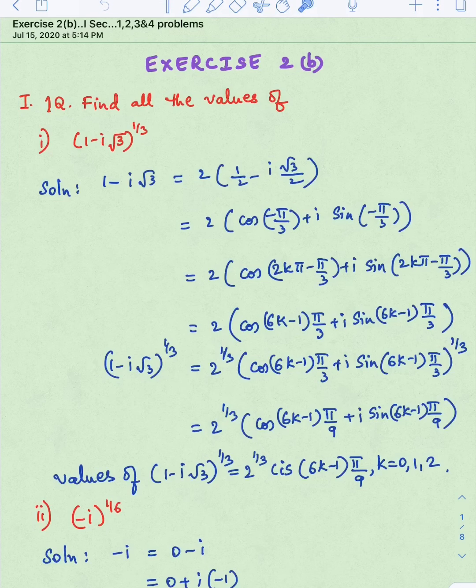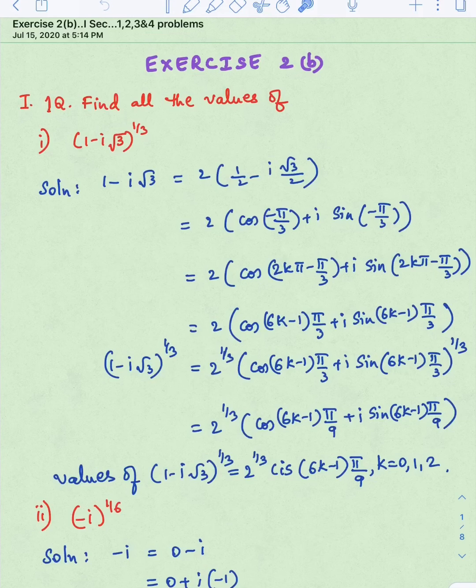We can write like this. 2kπ, here LCM: 6kπ - π. π is common: (6k - 1)π/3. Here also the same. In the question it is given that the power is 1/3. That is kept on both sides. Don't forget, 2 has power 1/3 along with this. So 2^(1/3). Next, rational index: this 1/3 is sent inside. It will become 3 threes are 9 here.